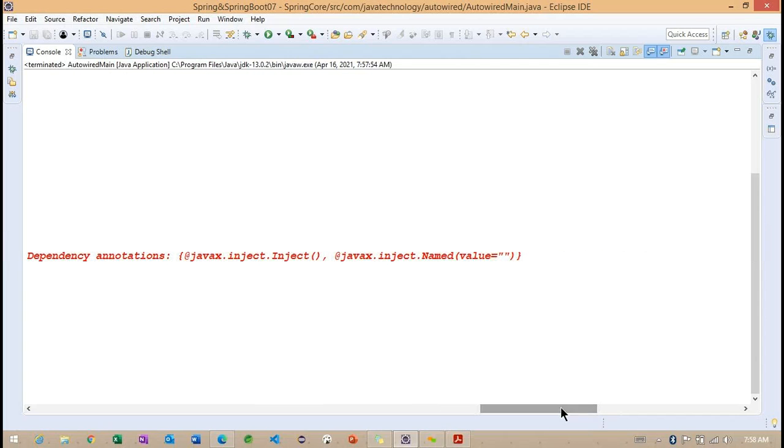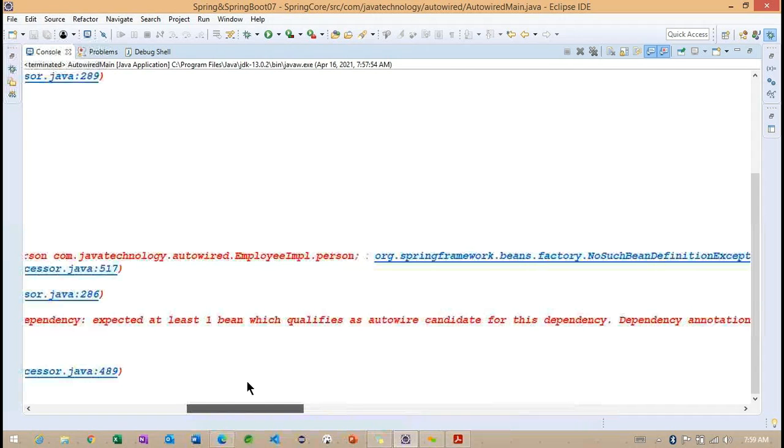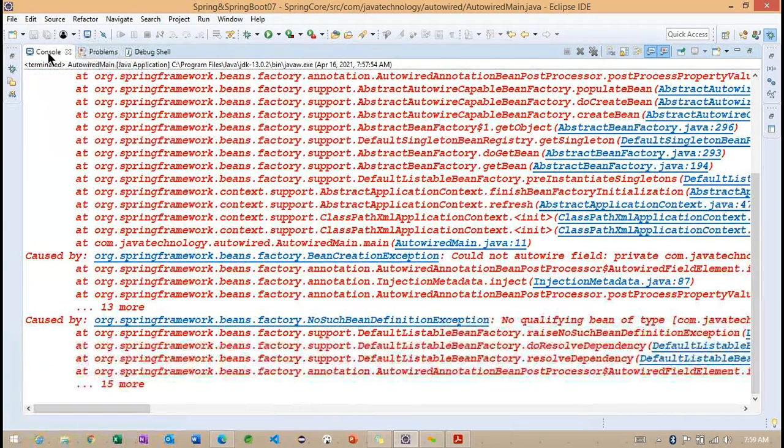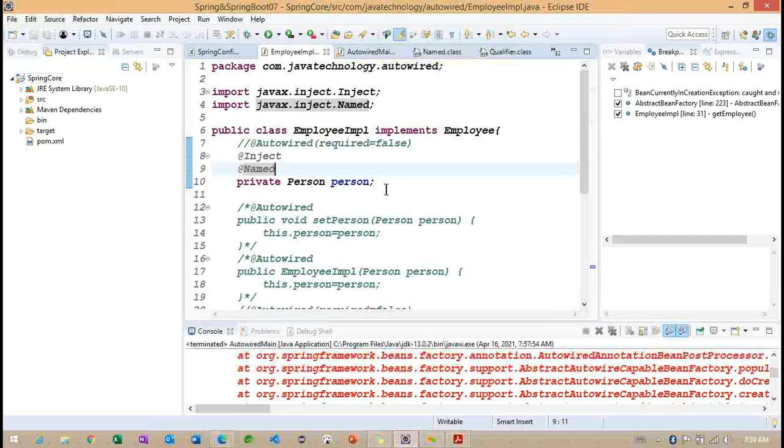So now what you are understanding here is, whenever we are using this Named annotation, we need to specify the value. If we are not specifying any value here, what happens internally? We are getting an exception, right? So whenever we specify a value, inside this value we are going to provide the particular bean related information. Whenever we have two beans with the same type here, we are going to work on one object, and the particular object information we are going to specify here.